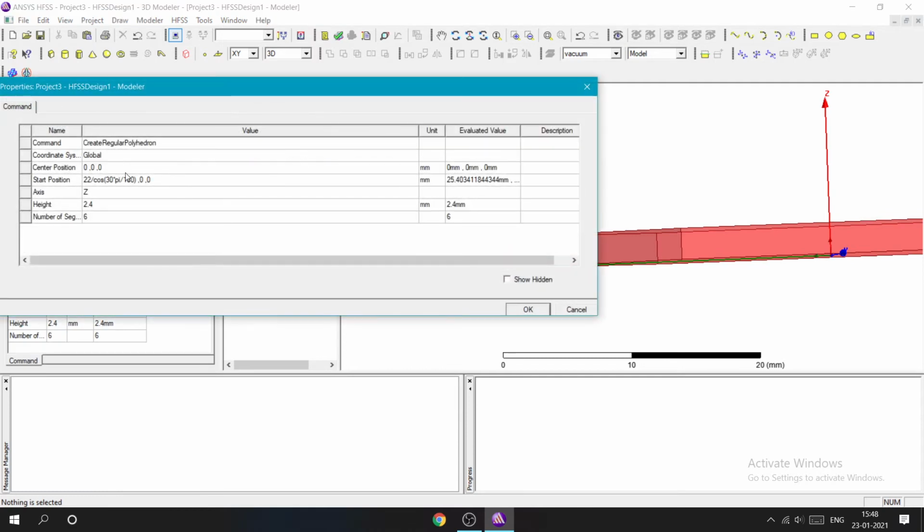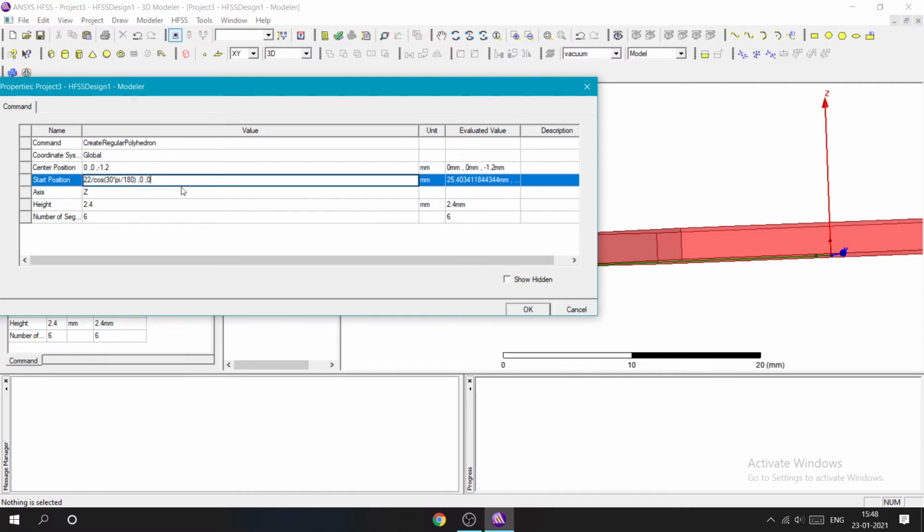So change the height to 2.5. What is the height? Half of the height is 1.2, but we need to move this downwards. We need to move this base by minus 1.2 distance below, and then it will move down.